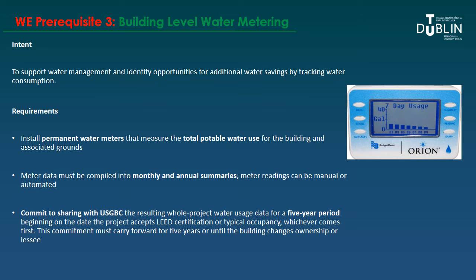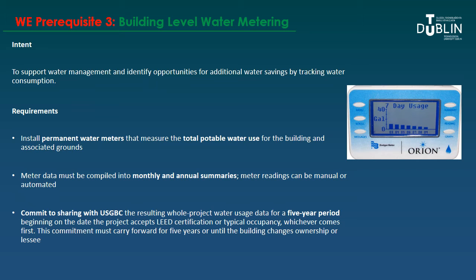So to meet this prerequisite, you need to install those permanent water meters. So as it comes into the building, you need to compile the data that comes from that building level meter into a monthly and an annual summary. Now those meter readings can be manual or it can be automated, so you have different levels of sophistication of meter system there. And you need to also commit to sharing that data with the US Green Building Council for a 5-year period,